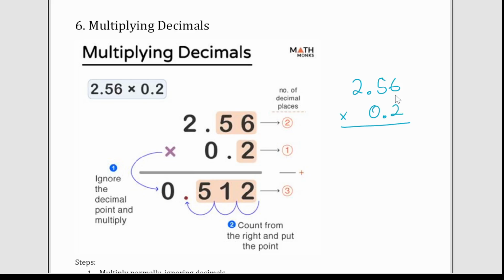So I'm going to do 2 times 6, that's going to get us 12, carry the 1. 2 times 5 is going to get us 10, plus 1 is going to get us 11, so write down a 1, carry the 1. 2 times 2 is going to get us 4, plus 1 is going to get us 5. And then technically with the long multiplication algorithm, you would move on to the next place value. That next place value is a 0, so it would just be a line of zeros that I'd write down here,